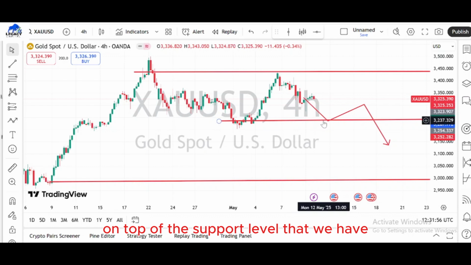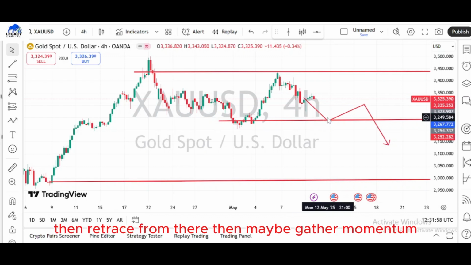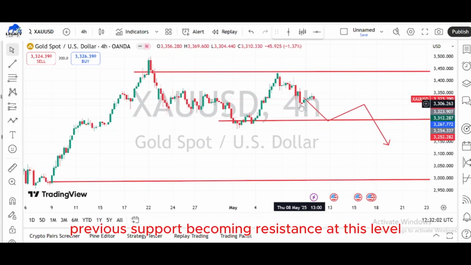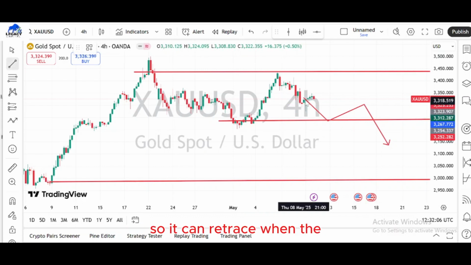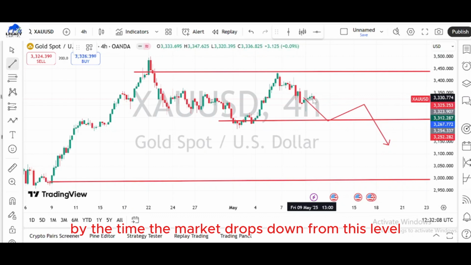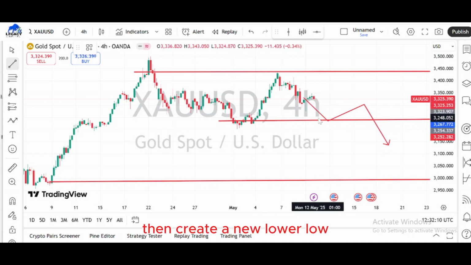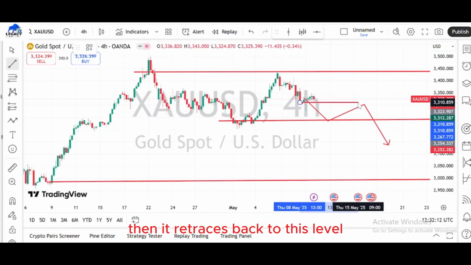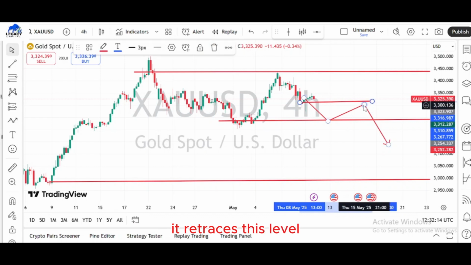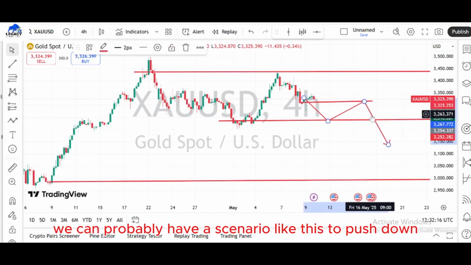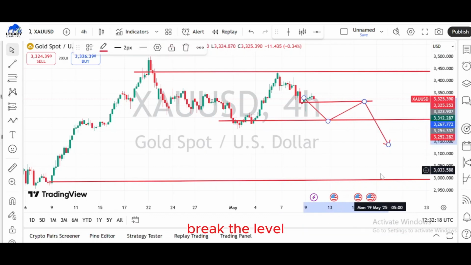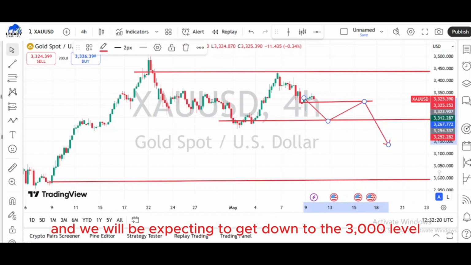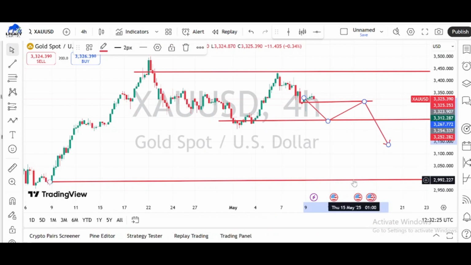on top of the support level that we have on the daily time frame, then retraces from there, then maybe gathers momentum, with previous support becoming resistance at this level. So by the time the market drops down from this level, creates a new lower low, it retraces back to this level. If we test this level, we can probably have a scenario like this, pushing down to break the level, and we will be expecting to get down to the 3,000 level